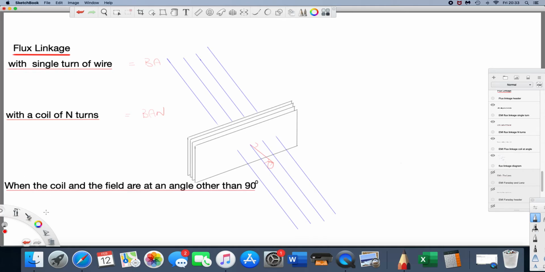So we need to know the component of the field at right angles to the coil. We know the component horizontal, parallel to the coil, I should say, has no effect, but the vertical component, that is to say the component at right angles to the coil, does have. So if we resolve our field at 90 degrees to the coil, that would be B cos theta, which leads us to our flux linkage